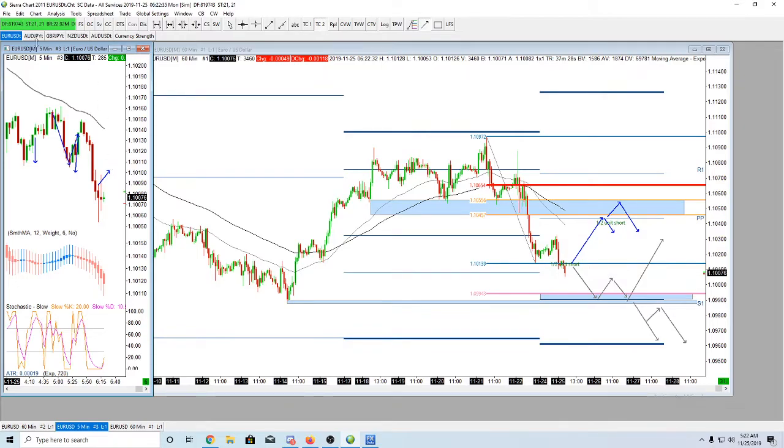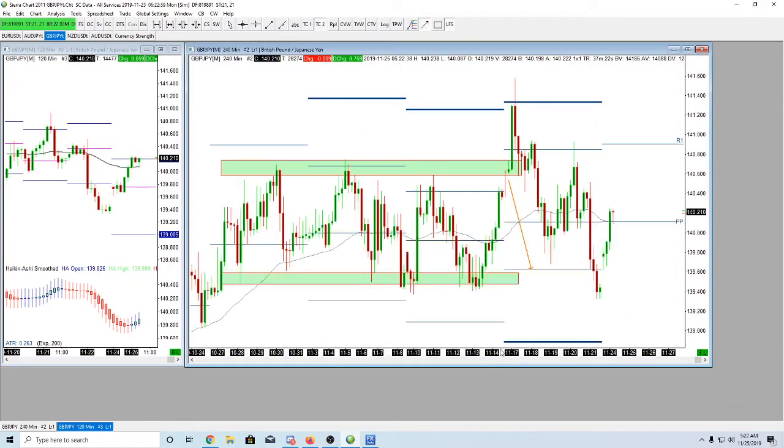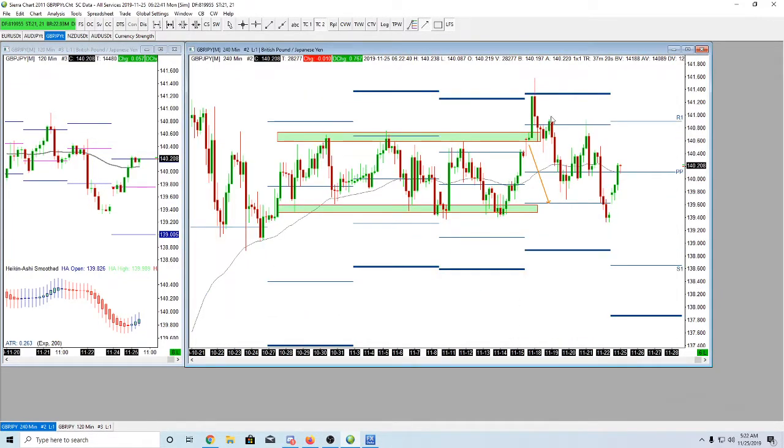Let's look at some other currency pairs. Let's look at pound yen, and let's do the same thing as far as structure goes. Bring this over here. Look at all this consolidate. What was interesting about this move last week, we came up to our resistance area where we're supposed to sell. I told everybody, if you come back up in this resistance area, you need to sell it.